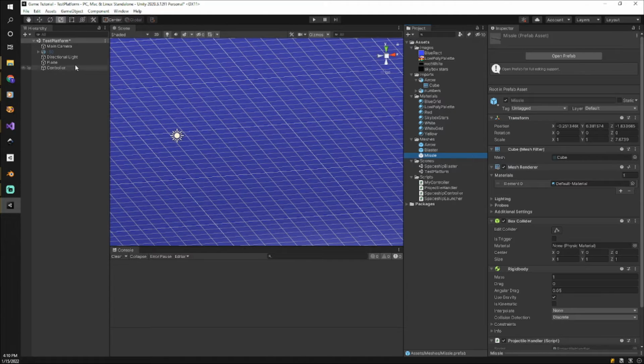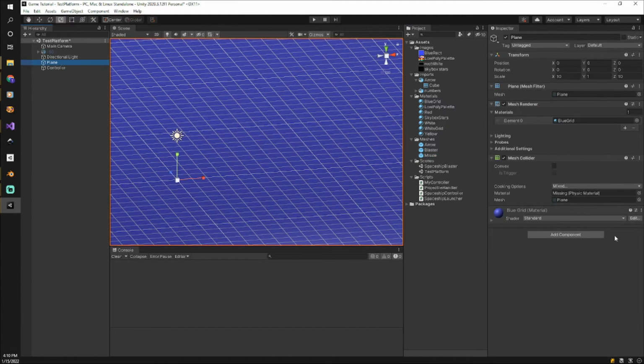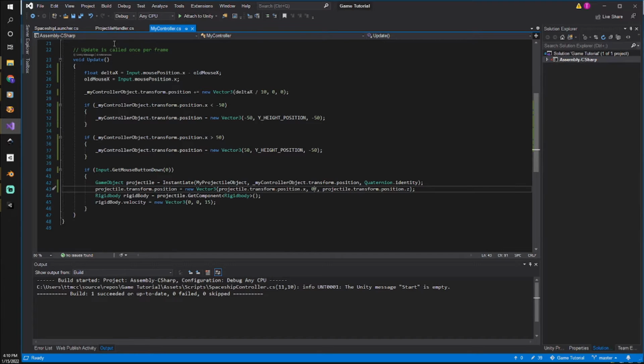Well, the plane, let's select on the plane. We can see it has a mesh collider. So by default, it created a collider that covered the entire mesh. So why did it not work if we had a box collider and a mesh collider? Well, let's look at our controller, and what happened is it